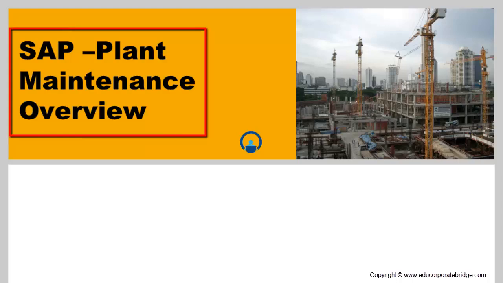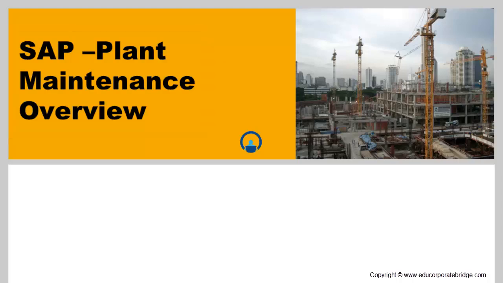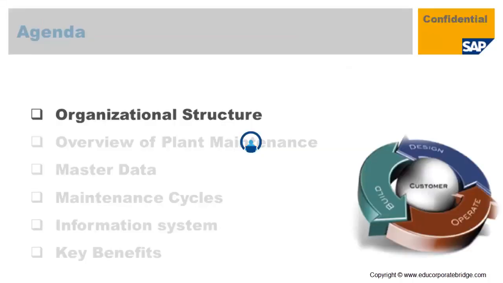Today we will see the SAP plant maintenance overview, and how the plant maintenance module will help to map your day-to-day maintenance processes through the SAP system. So this is the agenda: the organization structure, overview of plant maintenance, master data, maintenance cycle, information systems, and the